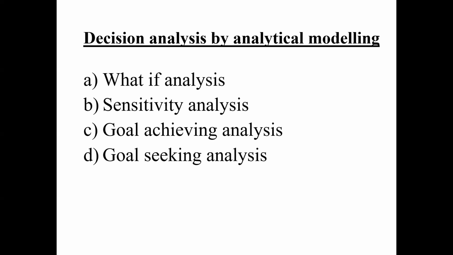तो last one is goal seeking analysis. You try to achieve a goal of an optimum value arrived at after satisfying all the constraints operating in the problem. In goal achieving, the goal was fixed. Here we are not looking for a goal we have fixed. We are going for an optimum value. Optimum value means which is suitable after seeing all the constraints. हमने सारे constraint देखे कि okay, हम advertising में बहुत ज़्यादा पैसा नहीं लगा सकते हैं, बहुत ज़्यादा कट भी नहीं कर सकते. So seeing all the constraints, then we will set the goal to an optimum value. मतलब जो सब कुछ हर चीज को देखते हुए बढ़ाई गई है.